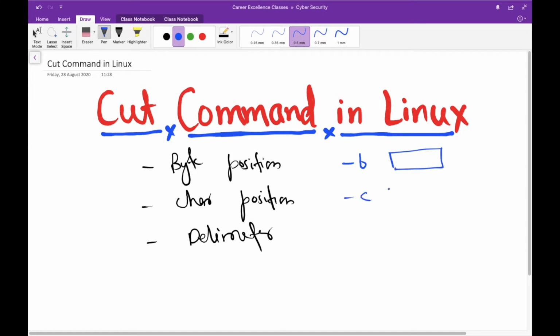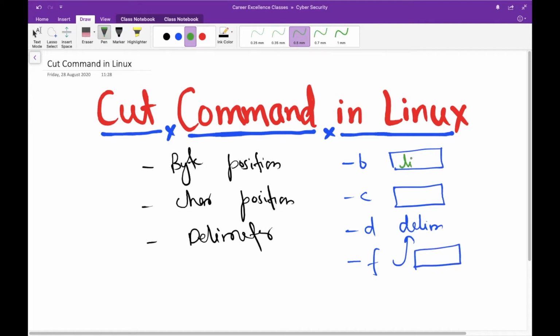Similarly, for characters, you have to write -c and then some fields here. After that, whenever you are choosing the option -d, you have to provide a delimiter here, and this is generally used with -f, which is the field. This specifies fields separated in the input by the field delimiter, right? And here you have to write a list.